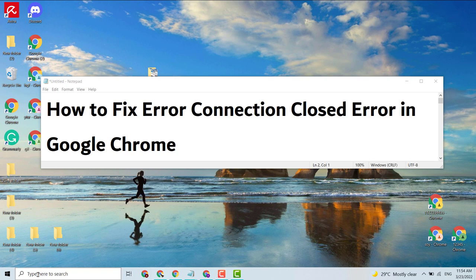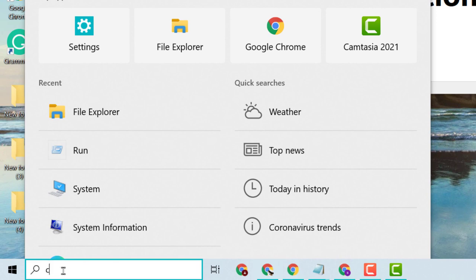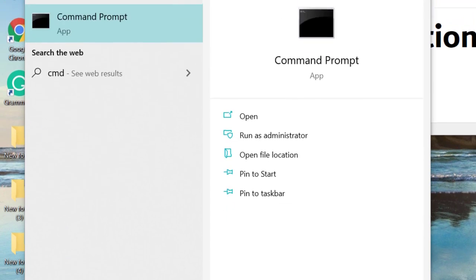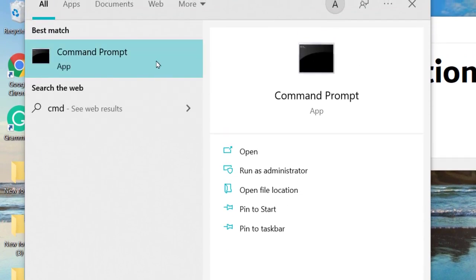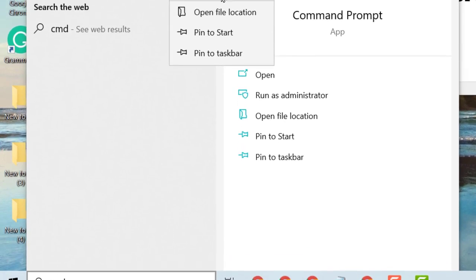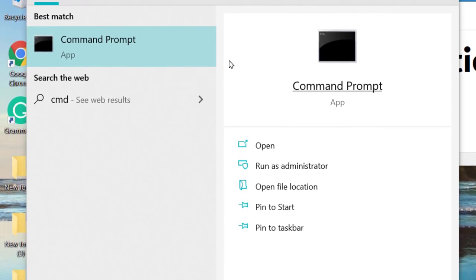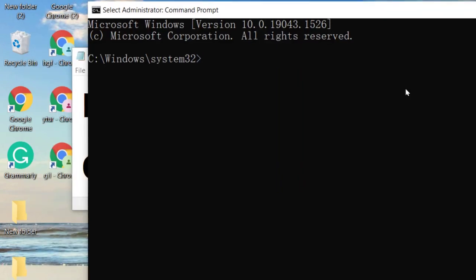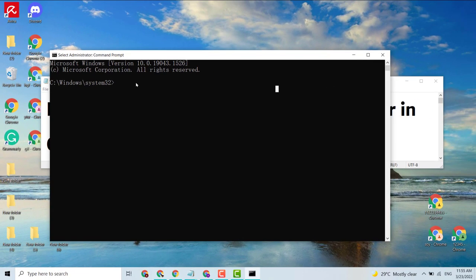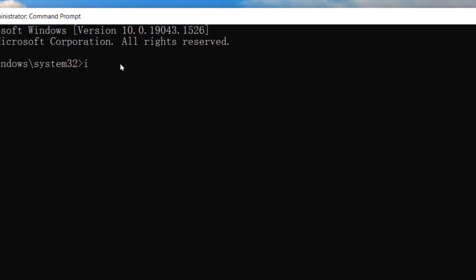firstly click on Start and type here CMD. After that, right click on Command Prompt, click on Run as administrator, and after that, guys, type here